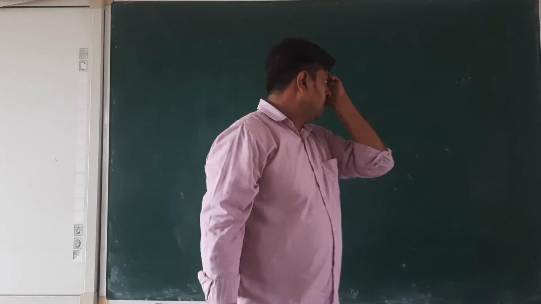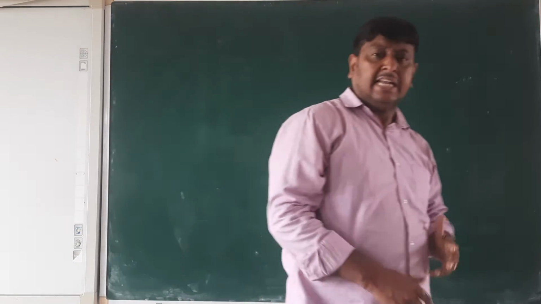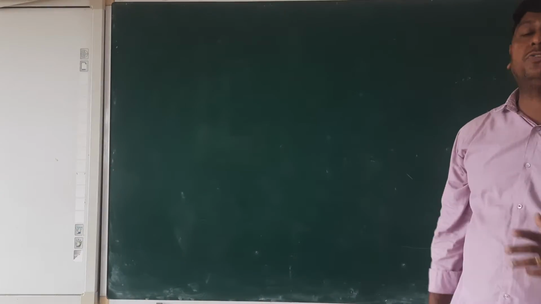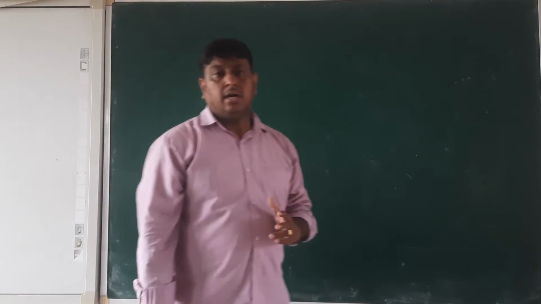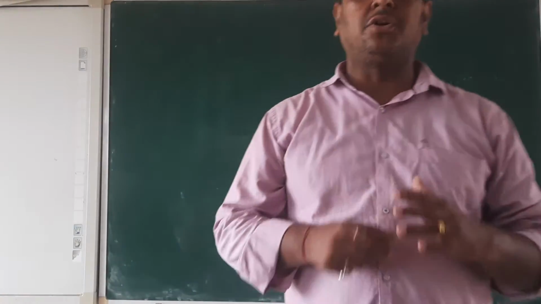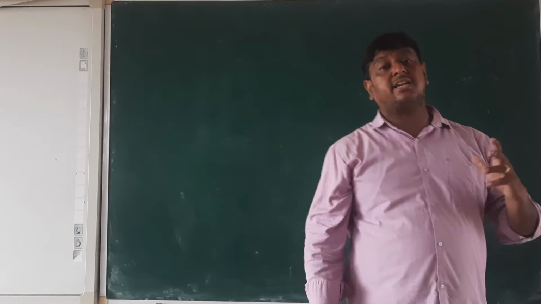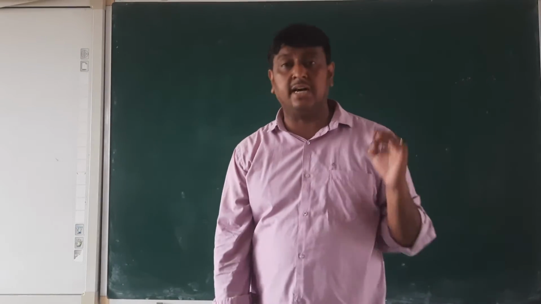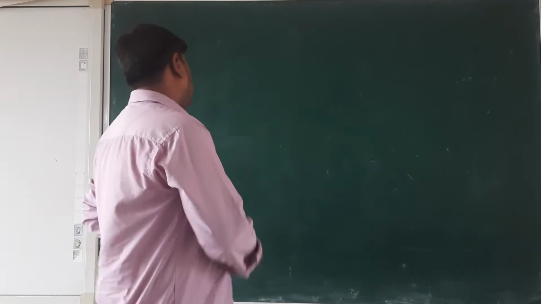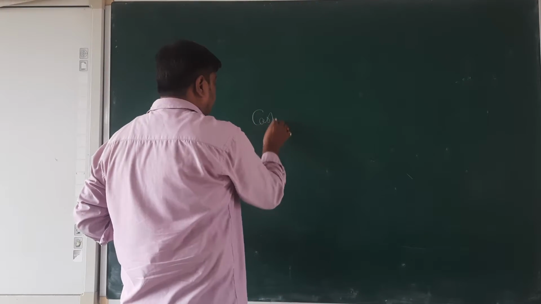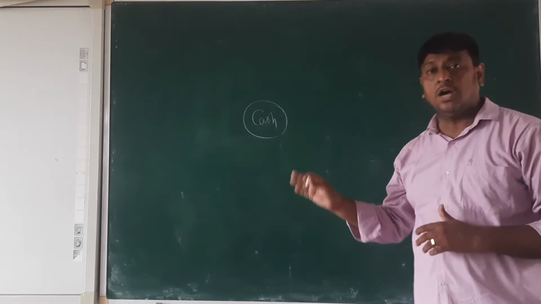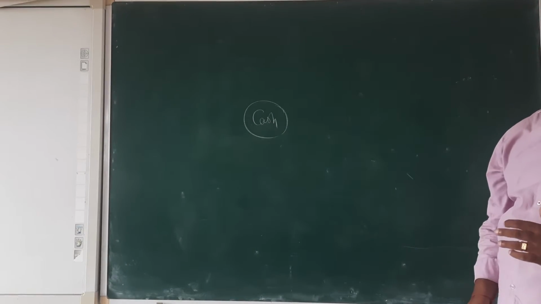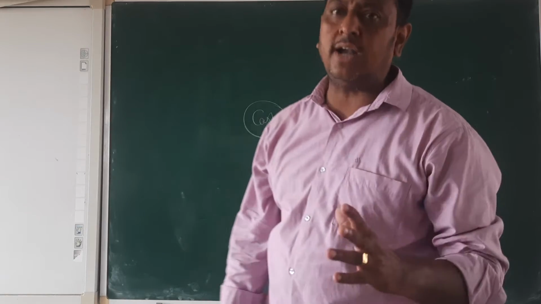Okay, what is the ledger? Ledger is the summarization of your journal entries. Ledger is the summarization of your accounts. In this system we take all the transactions related to a single ledger account. For example, if we take the cash account, we take all the transactions done with this cash account in one place. On one place, that is called a ledger.